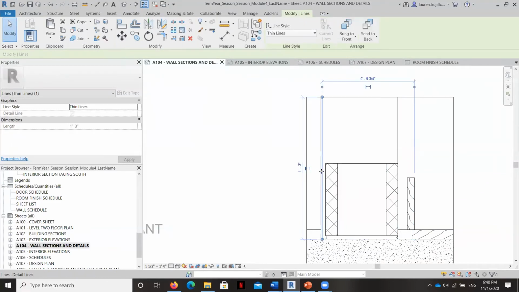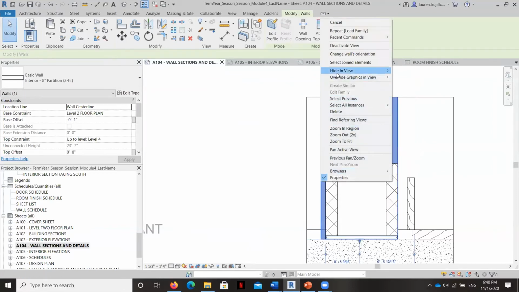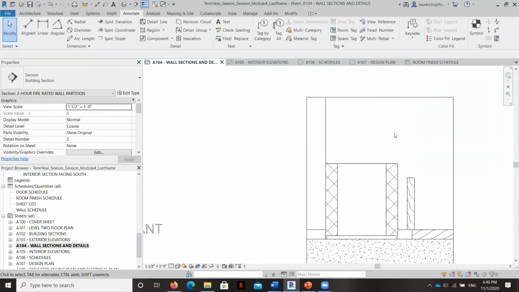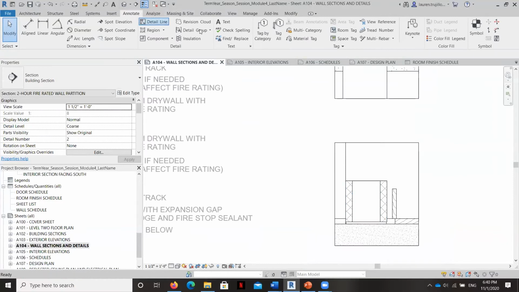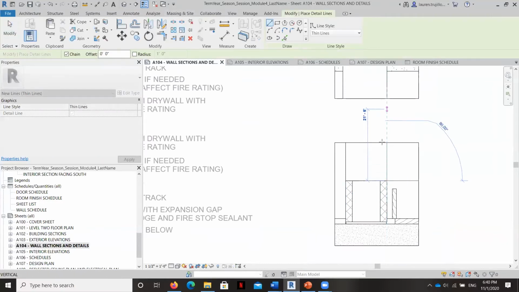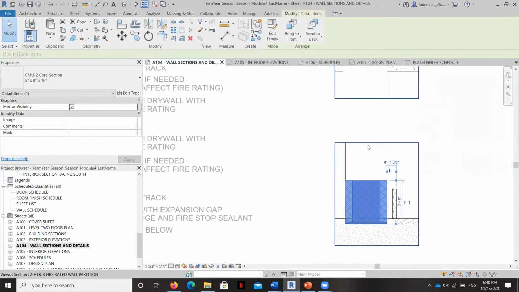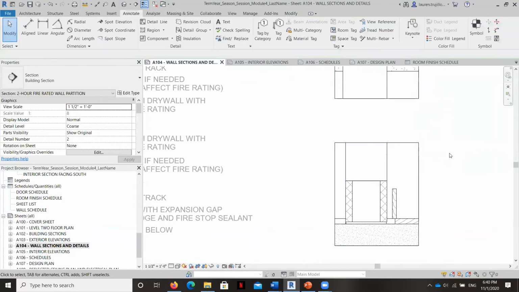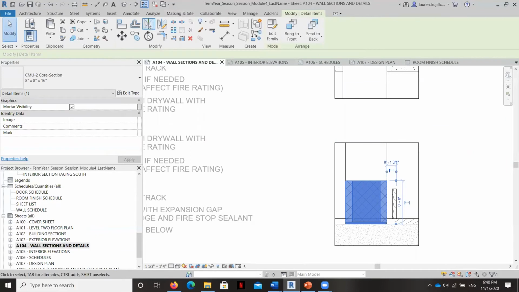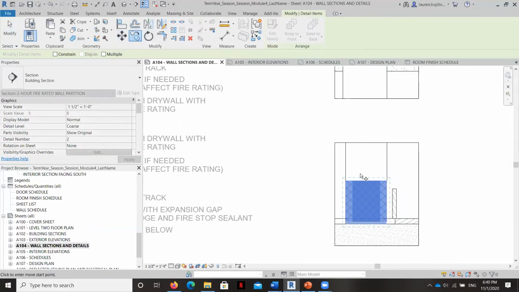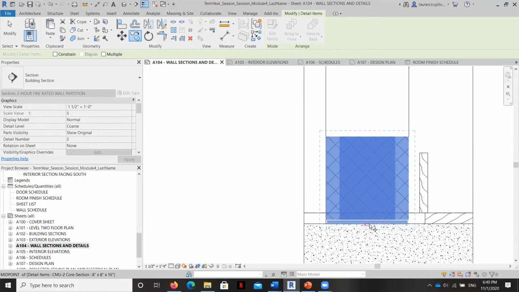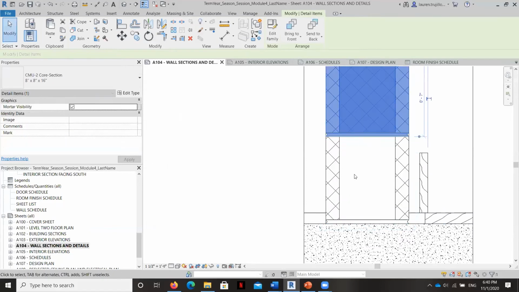So I'm going to go ahead and move this wall line in, and I could hide this because it's just a little bit off, and that's okay. We'll go ahead and add a detail line up there. Now, in the professional version of Revit, you can click and drag this up just like we clicked and dragged up the insulation, but we don't have the option here in our version. So what we have to do is just go ahead and copy, and we'll grab it from the midpoint of the bottom, and we'll just pop it right there.